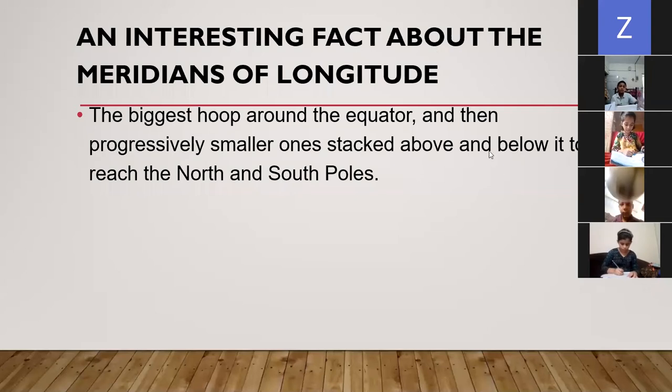Fine. So now we got another thing here. The biggest hoop is around the equator, and the progressively smaller ones stacked above and below it reach the north and south poles. Okay, equator,